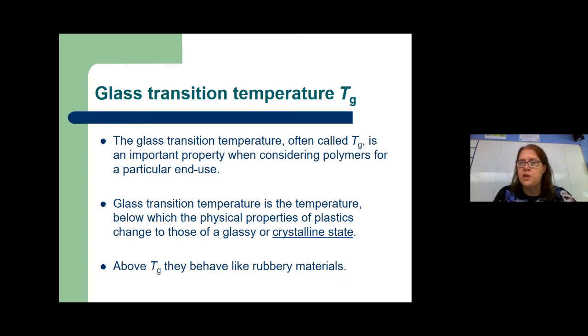So the glass transition temperature is a really important property when you're trying to think about what your polymer needs to do. So if you want a hard polymer, if you want a really hard one, then you want something which has what they call a crystalline state. And I'll show you a picture in a minute. If you want something to behave rubbery and chewy like a chewing gum, then you want to have a different temperature. You want your plastic to behave in what they call an amorphous state.